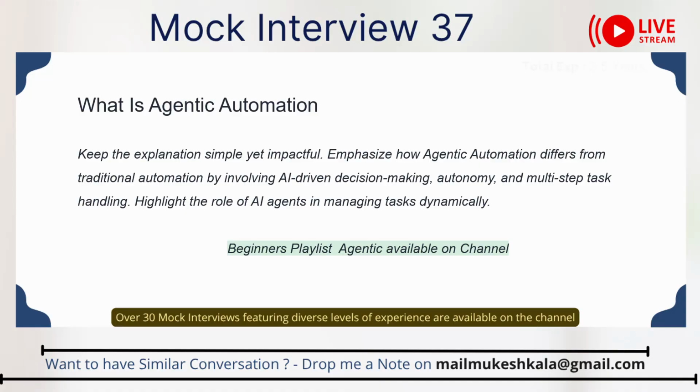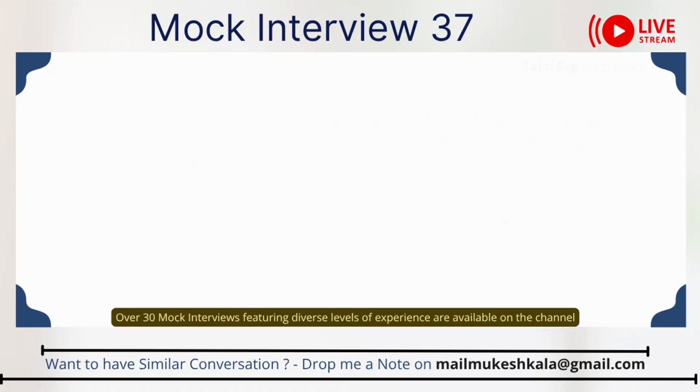Okay, but is it not the same as RPA? Because RPA also does not require a human, right? It does not require a human, but it doesn't have intelligence. But an agent can act, and I'm not saying 100% intelligence, but it can predict the situation. It can be intelligent, so it can work like an agent instead of a user. That's what I heard, but I never actually worked on it. I heard and went through agents.